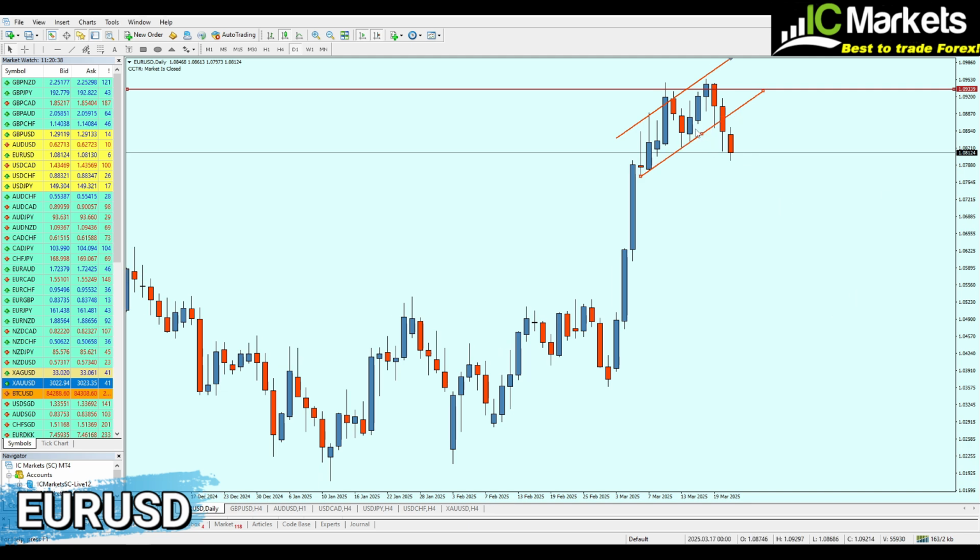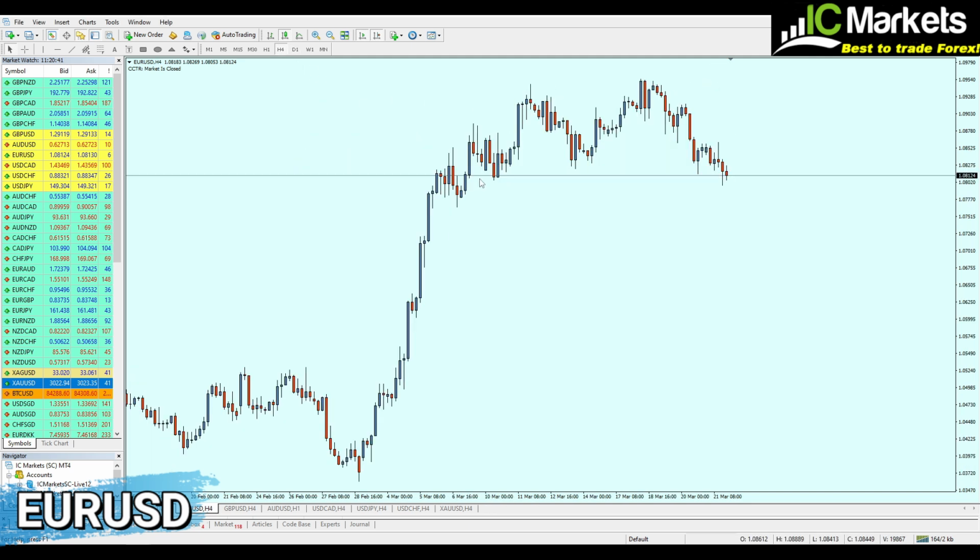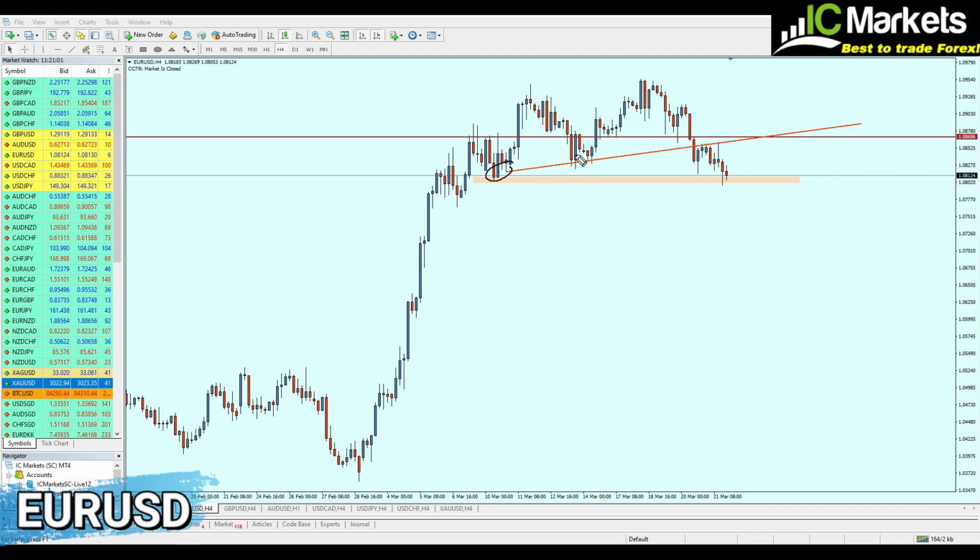Let's now move to the 4-hour time frame to find our entry. Now based on the 4-hour time frame, I would actually prefer to sell the EURUSD exactly at this level of a resistance right here at 1.086. Why? Because the market right now is facing here a support zone, and most likely it's going to make a pullback. If it does, if it actually reverses at this level of a support trend line, most likely this level of a broken support trend line, as we can see right here, since it has already become here a resistance trend line number 1, we can actually expect to sell the EURUSD right on the second attempt of a